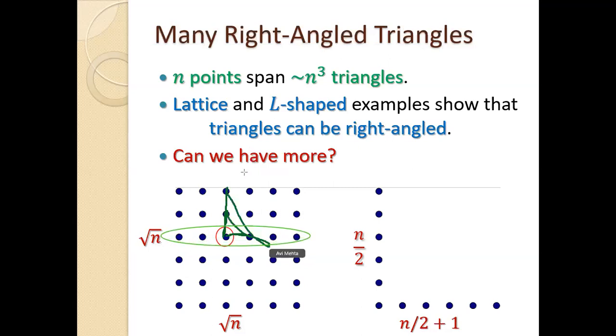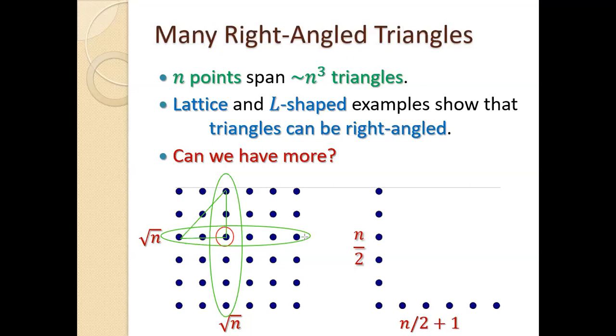row. Very good. 1 point from the same column. Doesn't matter which one. So I have about square root of n options of choosing a point from the column, about square root of n choices of choosing a point from the row. And each of those is going to give me a right angle triangle, right? Let me draw something. Let's say I chose this and I chose this. So I got a right angle triangle. Any choice of those will give me a right angle triangle.